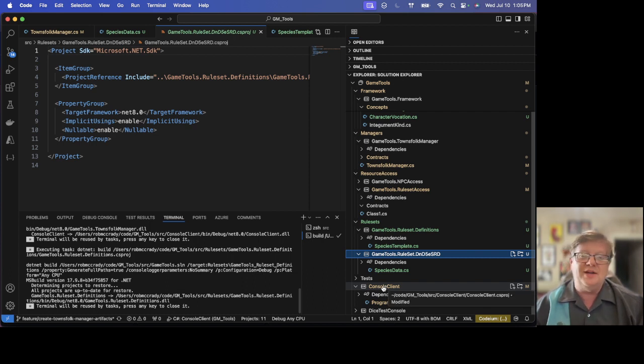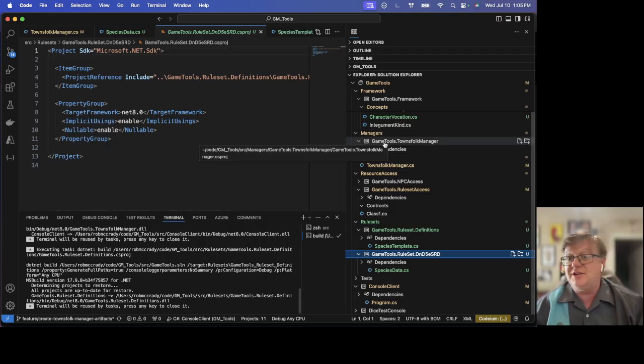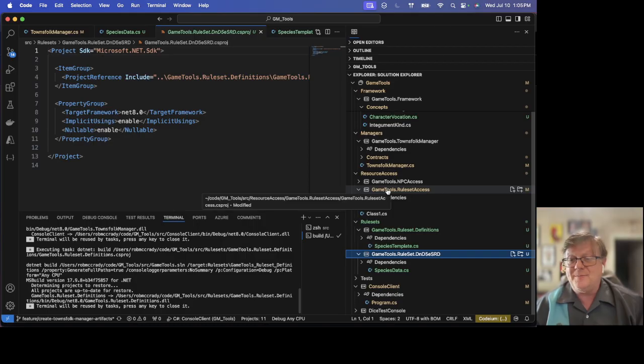But the console client already references the Townsfolk Manager, which eventually is going to reference the RulesetAccess. And if it's referencing both, we're going to end up with a circular dependency. And the compilers really, really don't like that a whole awful lot. Like it'll fail to build if we create circular references or circular dependencies. So what we've basically done,